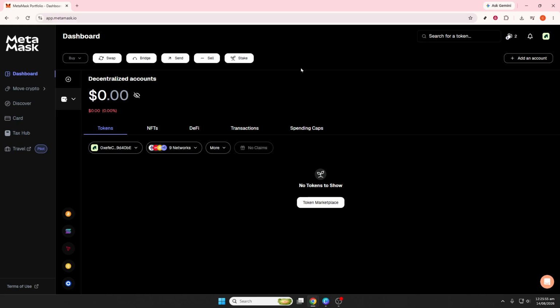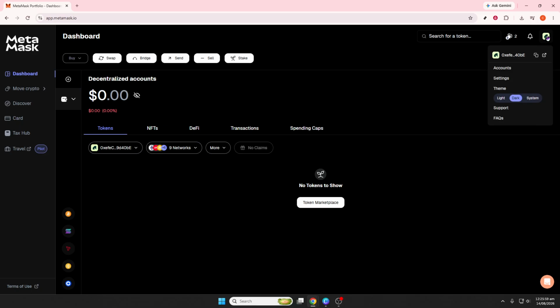One last thing to check is whether the missing account was an imported account. If it was added using a private key, a JSON file, or another recovery phrase, restoring your main wallet will not automatically bring that account back. In that case, you'll need the original private key, the JSON file and password, or the specific recovery phrase